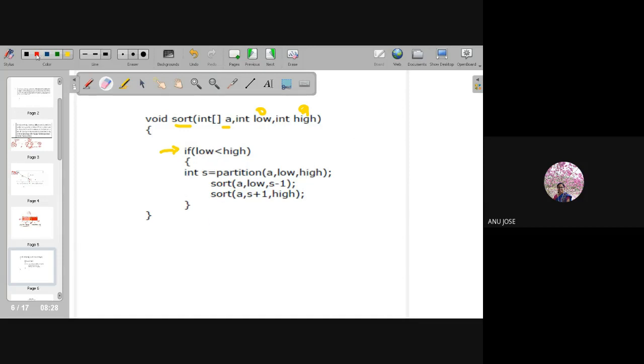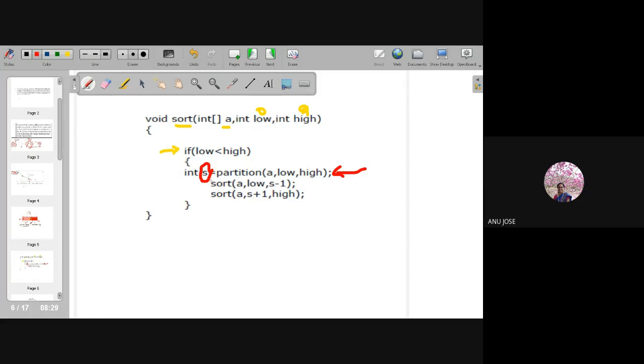What is the logic you have to apply? First it calls the partition function. What will this partition function be doing? What is happening inside, we will see later. The partition function will find a location S so that I can keep my pivot element in the S location.